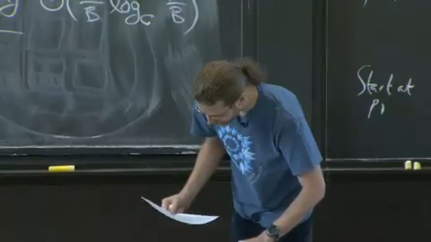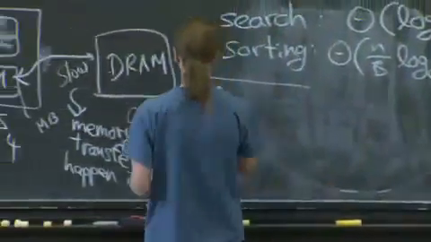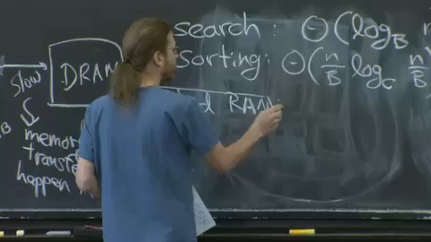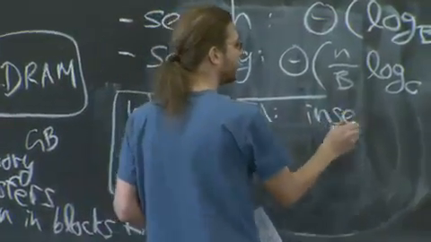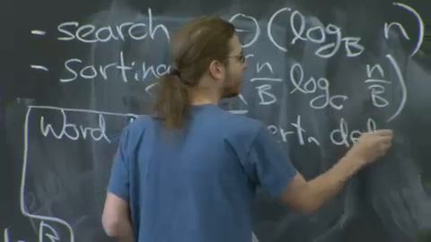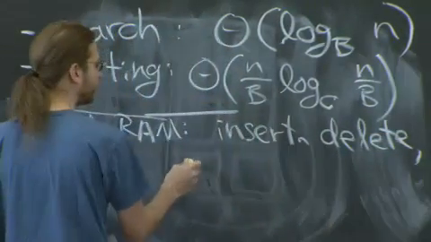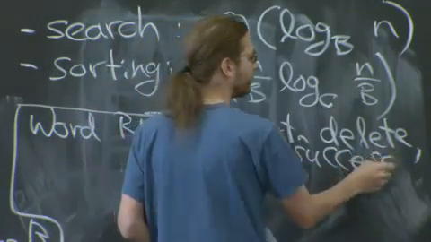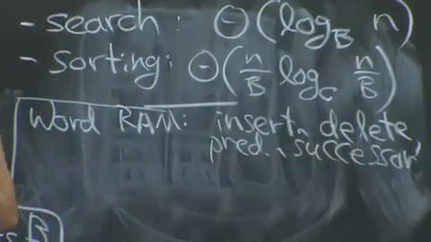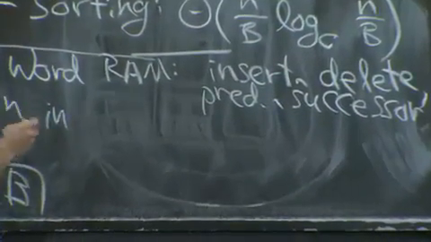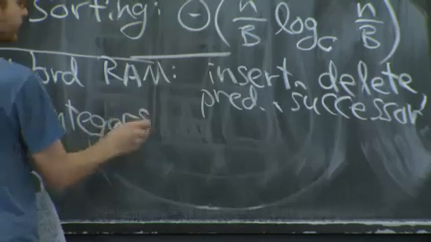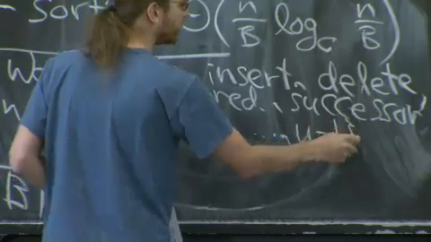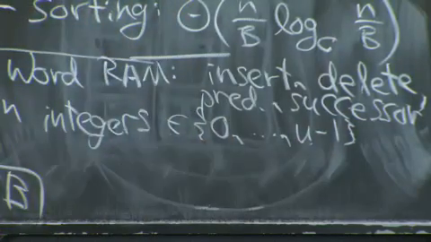All right, this is too much fun to pass up. On the word RAM, there's this problem which we've dealt with several times. What if you want to maintain a dynamic set of elements, integers? I want to do insert, delete, predecessor, successor. Okay, this is what binary search trees do. But you can do better. If we have n integers in the range 0 to u minus 1, so u is the size of the universe, then